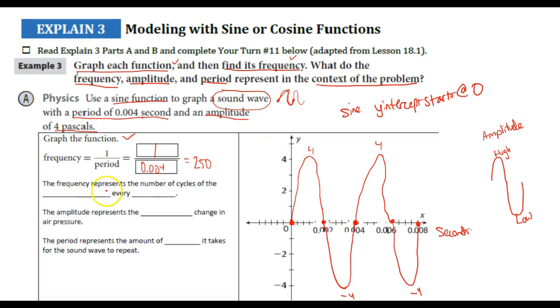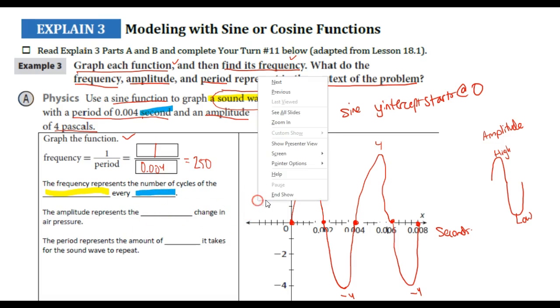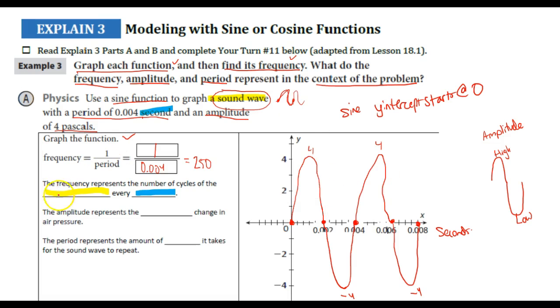Alright, so here's some sentence starters to help us out. The frequency represents the cycle of a sound wave every second. Okay, so let's fill those in. So sound wave every second. Next, the amplitude